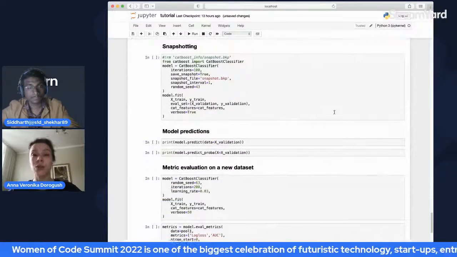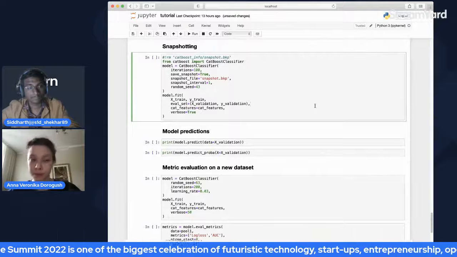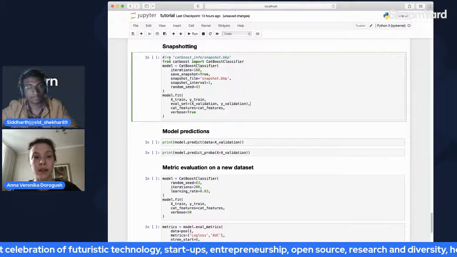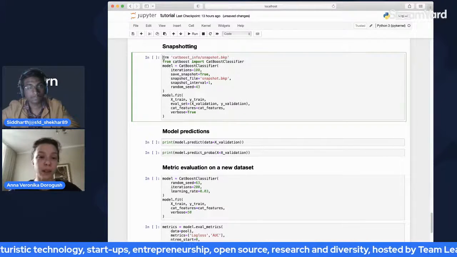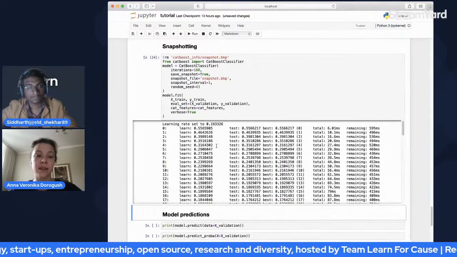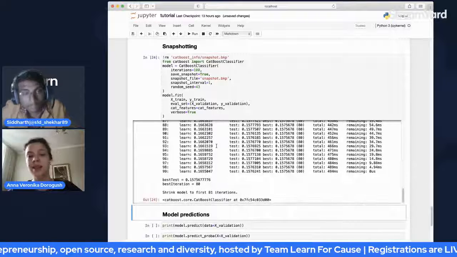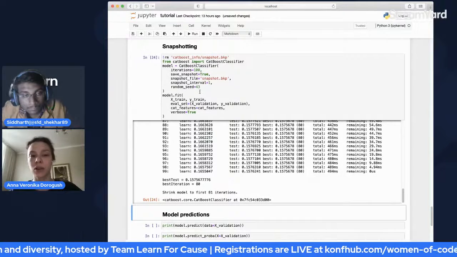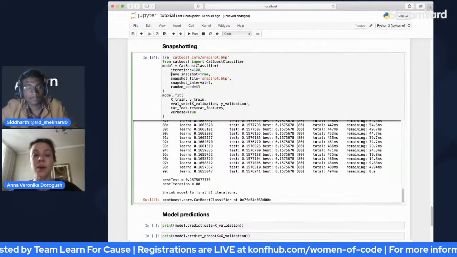The next thing that you should know is called snapshotting. So let's say I am training a model, and the model has 100 trees, or let's say it has 5,000 trees, and it trains for a whole day.